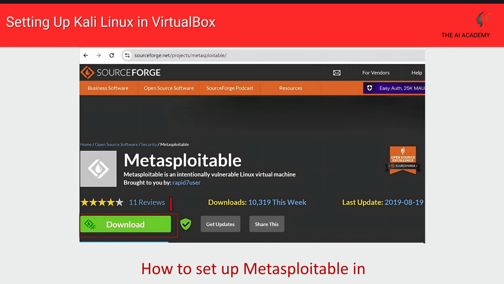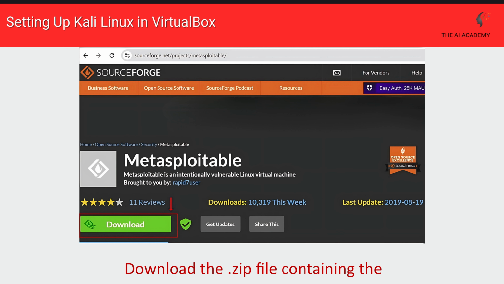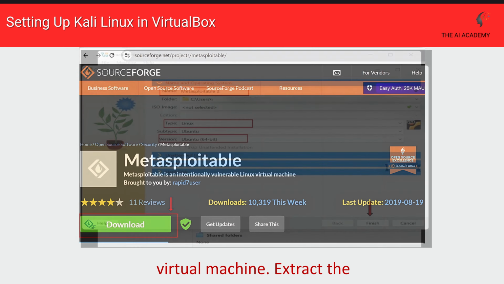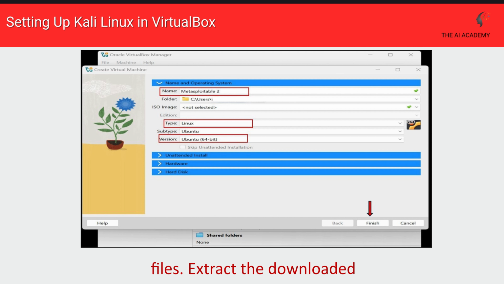How to set up Metasploitable in VirtualBox. Let's go step by step to configure Metasploitable 2 as a victim machine in your lab. Download the Metasploitable 2 VM. Visit the official source, https://sourceforge.net/projects/metasploitable/. Download the .zip file containing the virtual machine. Extract the downloaded .zip file. Inside, you'll find the virtual disk image, the .vmdk file,